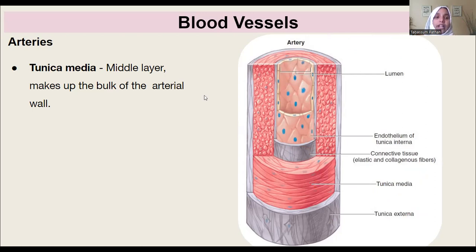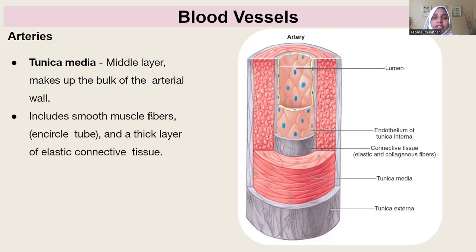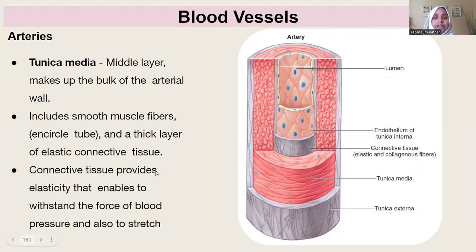So, middle layer, tunica media. It is made up of smooth muscle fibers and a thick layer of elastic connective tissue. Connective tissue is present why? To give elasticity, so that the high pressure with which the blood is flowing in the artery is properly maintained and there is no damage to the walls of the artery. That elastic nature is because of connective tissues like elastin fibers and collagenous fibers. So connective tissue provides elasticity that will enable it to withstand the force of the blood pressure